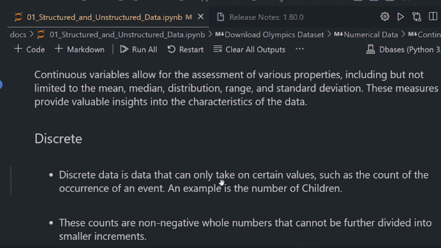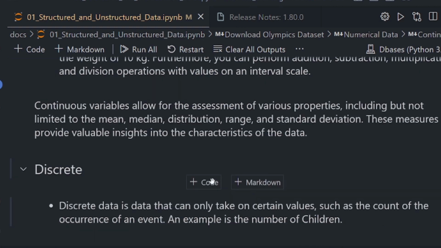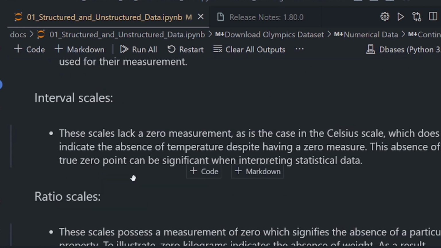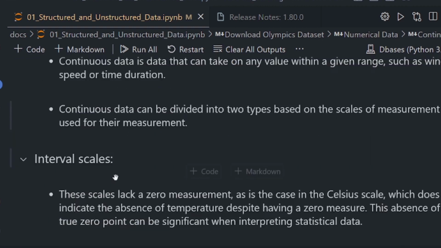Now, do you see the difference between discrete and continuous data? And you'll see the importance of all this by the end of this tutorial, why it is important, when you are working with data types, to understand structured data, to understand the types of structured data, to understand that there's numerical, there's categorical, to understand that numerical can also be divided further into continuous and